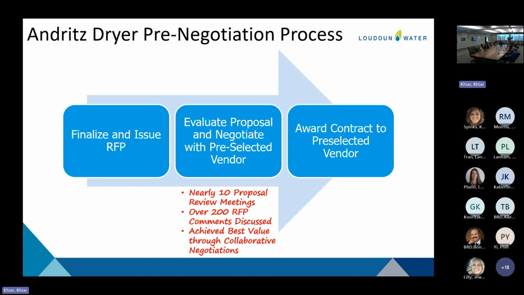And we did, in the planning stage of this, evaluate all the dryer manufacturers that were available and went through an early selection to say, yes, Andritz makes the best cost value benefit for us. But there are other manufacturers. They don't produce at this scale. They produce very small units. So we would have to have an army of them.